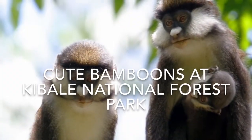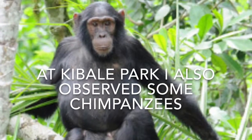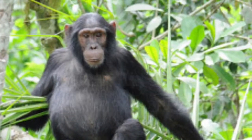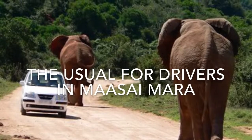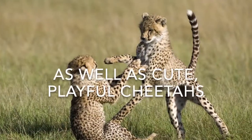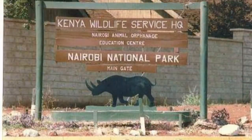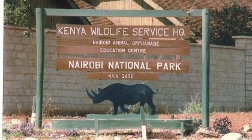Next was the cute bamboos at Kibao National Forest Park. I also observed a chimpanzee in its habitat. I saw the odd life of drivers in Masai Mara, as well as cute, playful cheetahs. Next, I just had to stop at Kenya Wildlife Service,